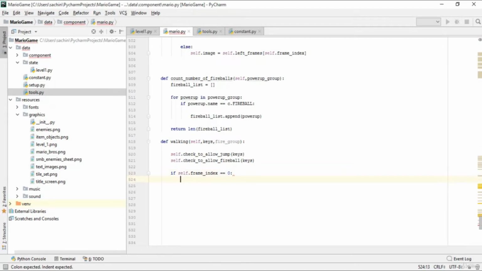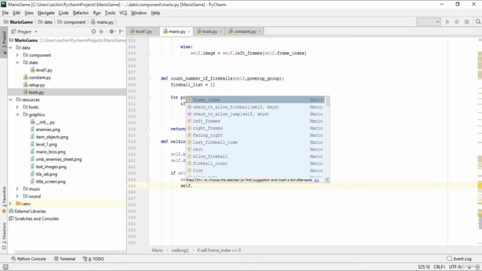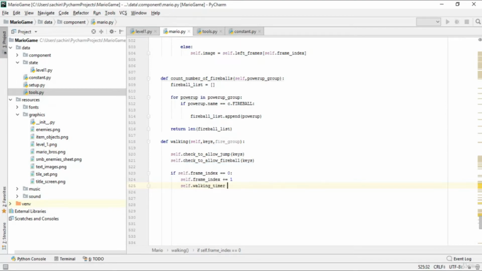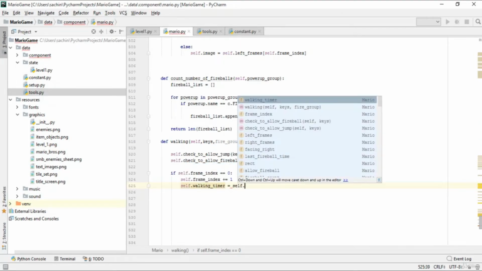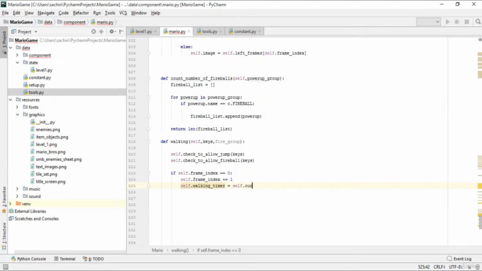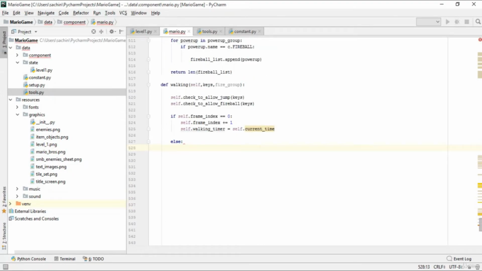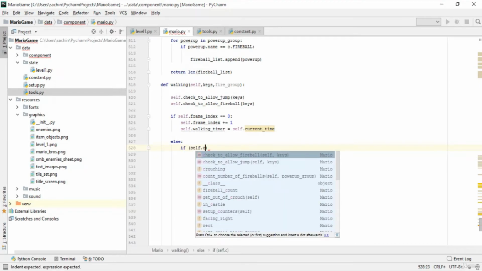After that, we'll check if the current frame index is equal to 0, then increase this frame index by 1. Next, we'll set the current walking time to the current time now. That means making this walking timer equal to self dot current time. So let's get this current time and set it as the walking time. After that, if the frame index is not equal to 0, then we'll check the condition, that is, if the current time